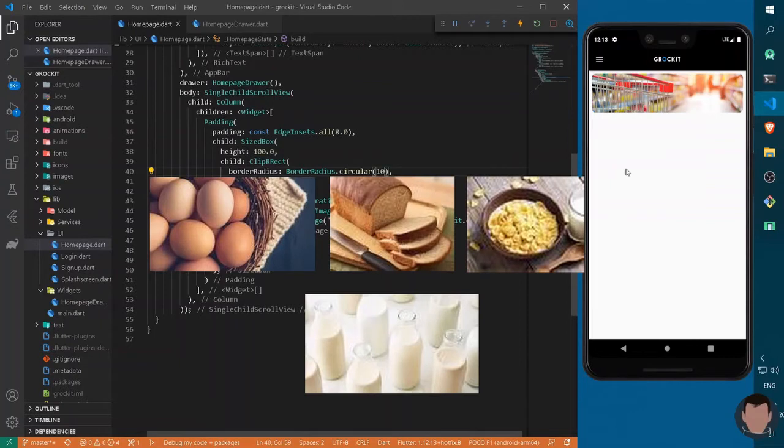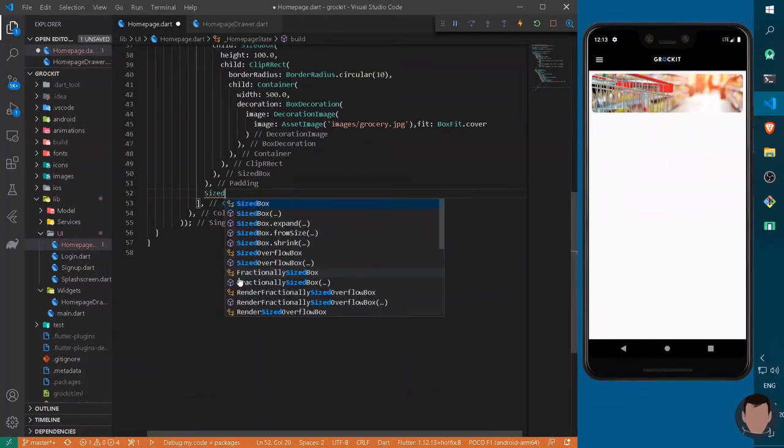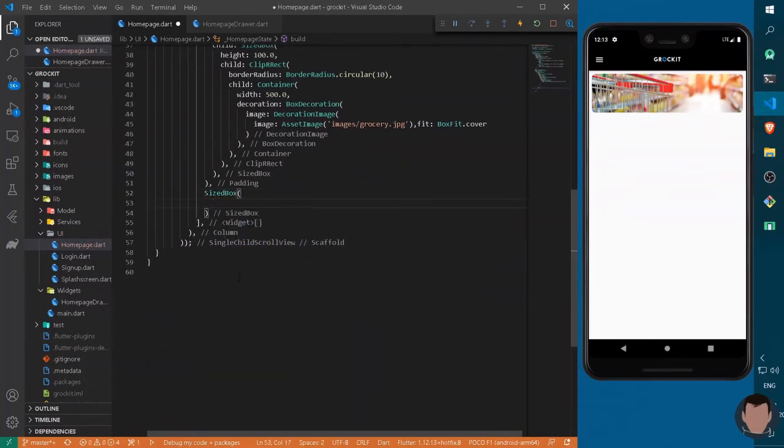are eggs, breads, milk and etc. So we can arrange a list view here. So coming out of this padding, that is after here, so I can write here a size box, and it is always better to fit everything in a size box so that our entire widget can be scaled manually. So I can give it some height, say 100. As usual, it will have a child of list view.